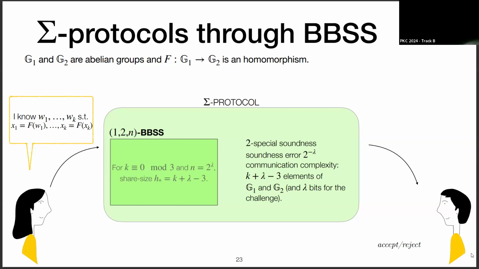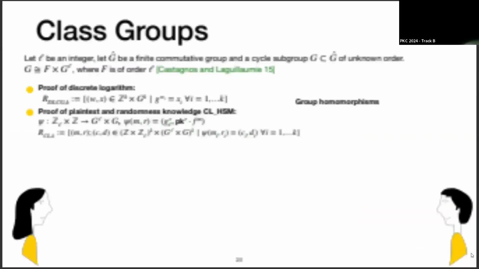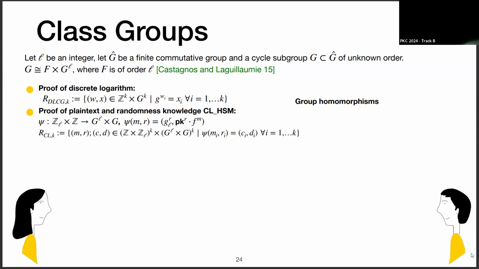Okay, so as I said, this is the main construction. Now let's see some of the applications that it has. So the first application is class groups. This is a framework that was introduced by Castagnos and Laguillaumie in 2015 and can be thought of as working in a group that is the product of two other groups, one for which it is easy to compute the discrete log, and another one for which the order is unknown. So there are two homomorphisms for which we can apply our construction. The first one is the discrete log, and the other one is the proof of plaintext